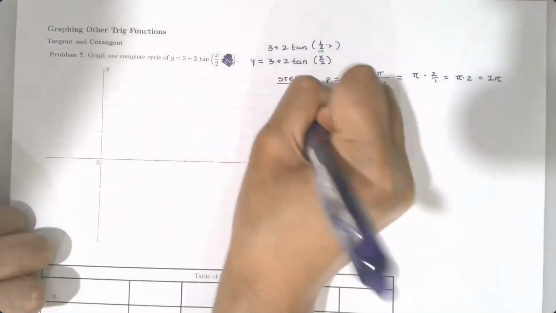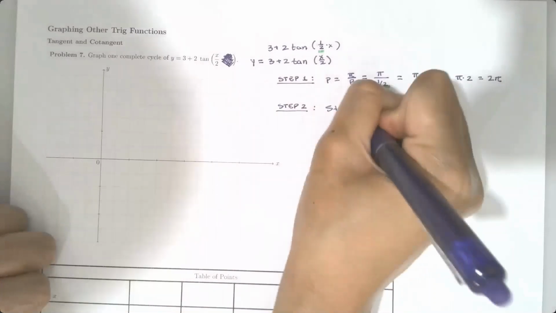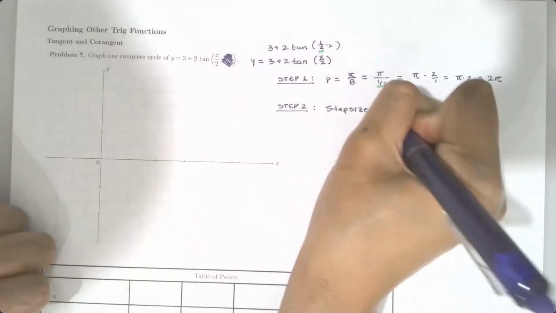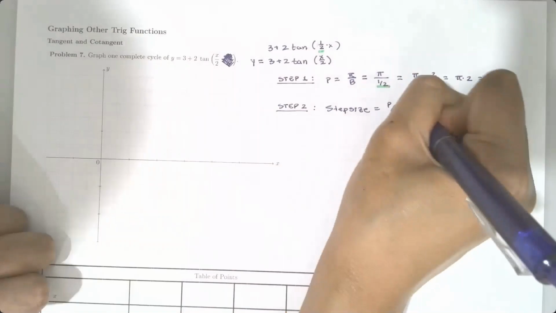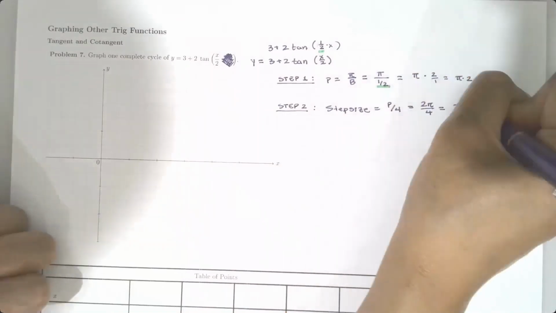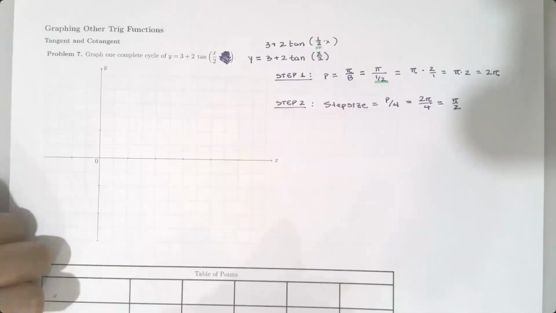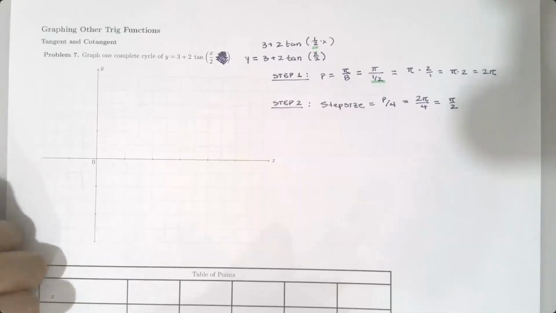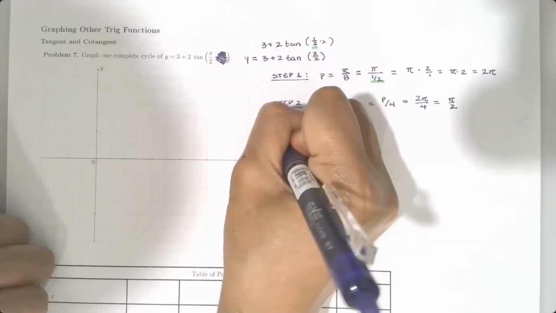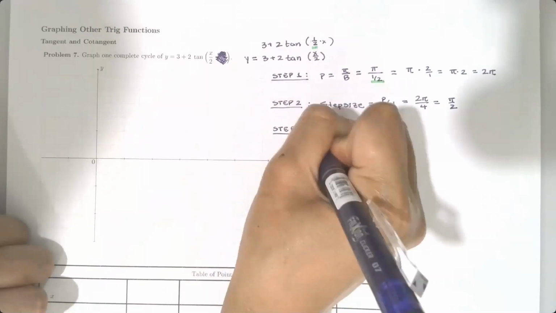Right. The next step would be to find the step size. And the step size will be the period divided by 4. So the period is 2 pi divided by 4, which is going to be pi over 2. Okay, and this is where it gets,